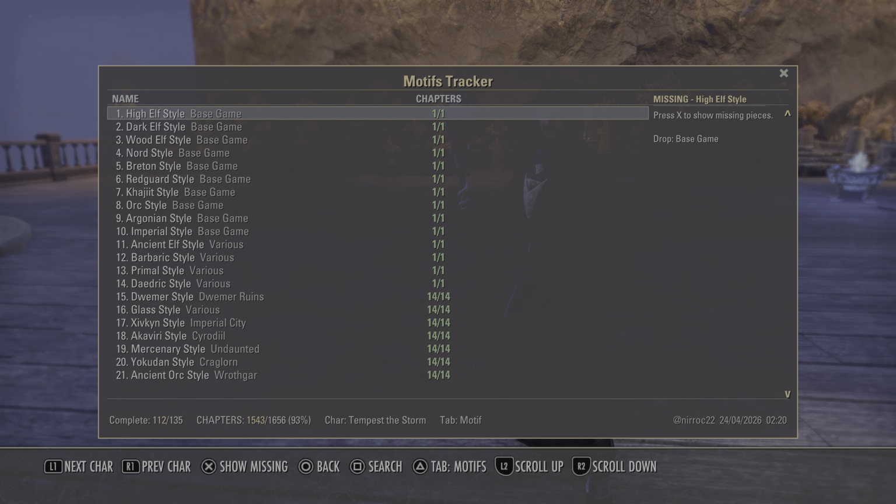So go into your Motif Tracker, and as you can see at the very bottom, there's a button menu there for different menus. You can cycle through which character you want to keep track of. I'm going to keep track of my main character on this for the purposes of this video. So I can show you, for example,